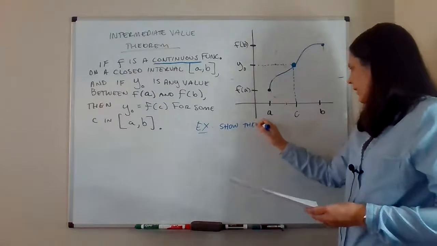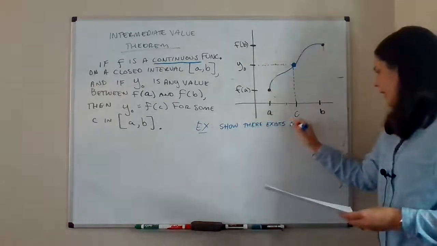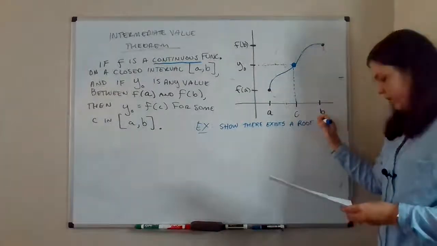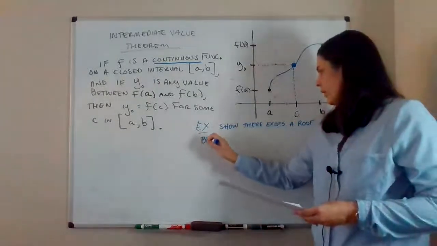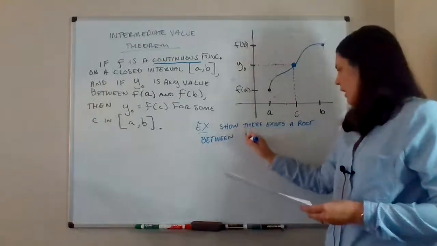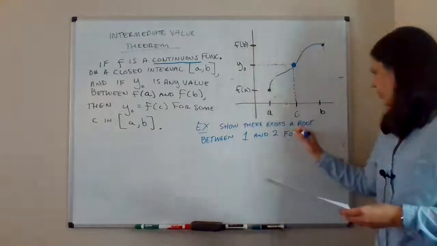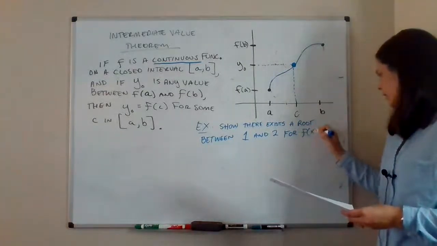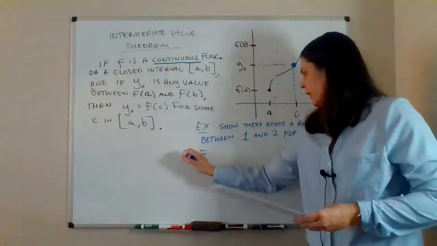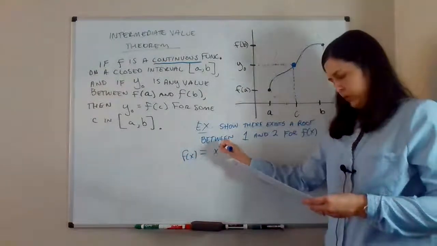There exists a root between, let's go with 1 and 2, for the function f of x equals, let me just write that down here, f of x equals x cubed